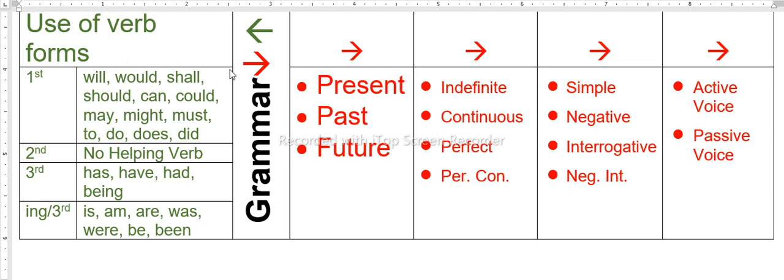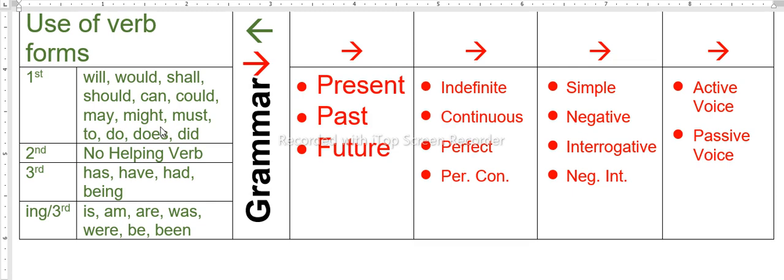Learn them. Will, would, shall, should, can, could, may, might, must, do, does, did. I have given them a rhythmic order, which will help you remember them, and you will have to learn. Okay, maybe today you say no, we don't want it. Maybe next, the more you move on, the more you will come to it that the final thing is